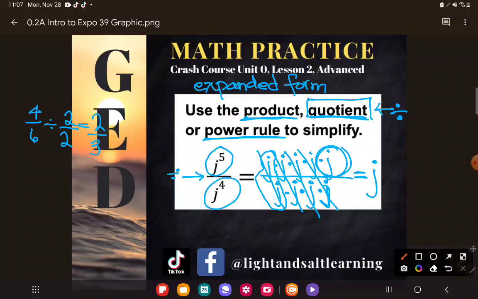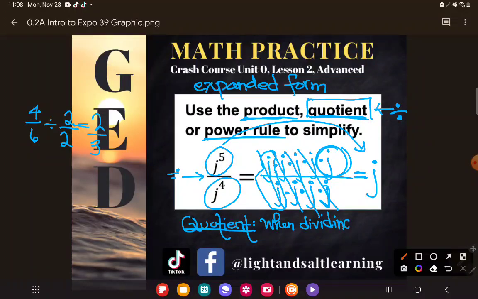Now, you might be saying, but Kate, your directions said to use the rule. Fine, I'll use the rule. I promise you, any rule in math class is not really a rule at all. It's just mathematicians noticing a pattern. So enough mathematicians did this work right here to see that this is what always happens. And so what the quotient rule does say, if you want it written down for your understanding, and so you can shortcut straight from here to here, and so that you're prepared for college, it says when dividing